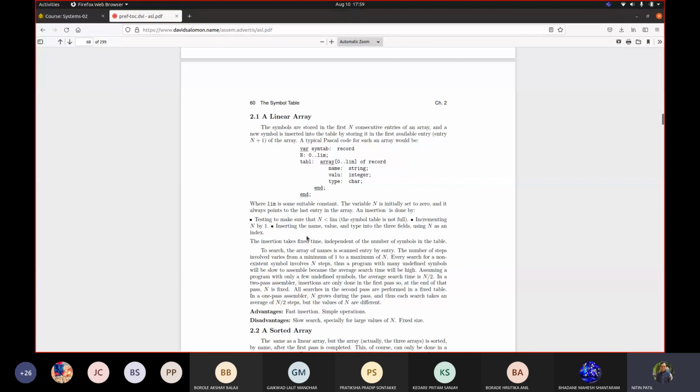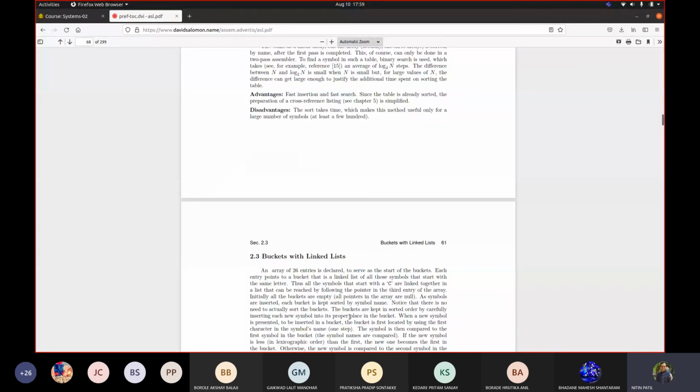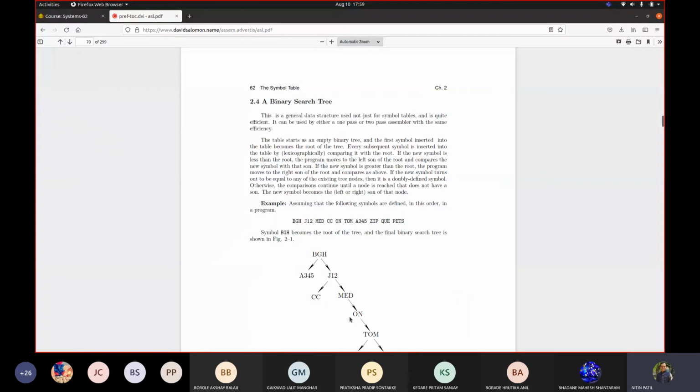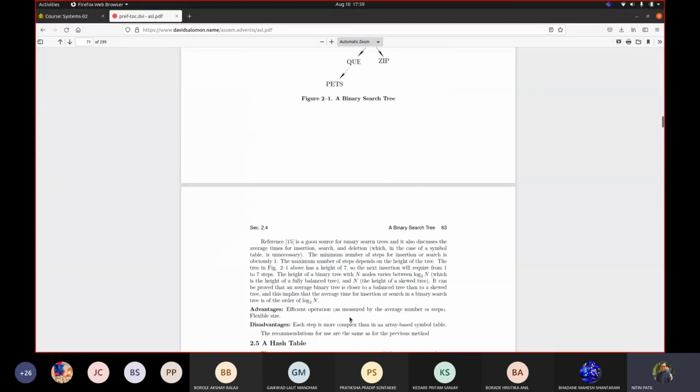Syntax is different, but you may see that for every approach, some advantages and disadvantages are given. So you go through it and then appropriately choose, whichever language you are using, where exactly you can map this. Choose your appropriate data structure and let me know in tomorrow's session why you wanted that particular data structure in that form or type.